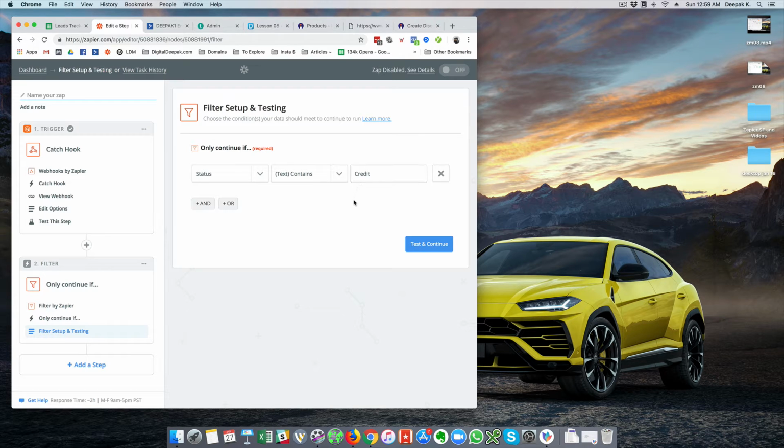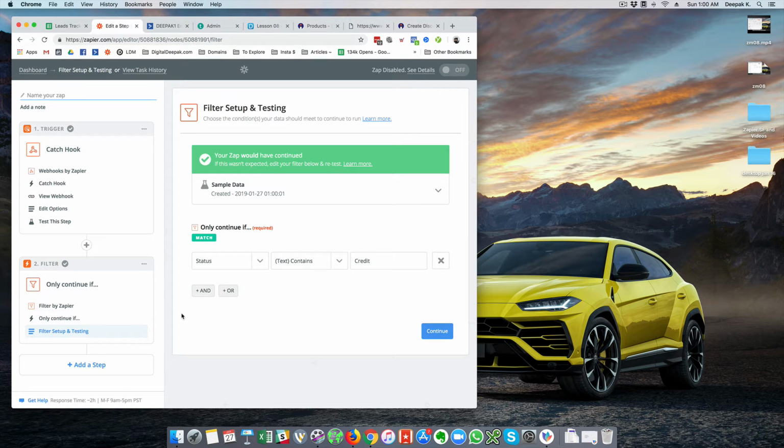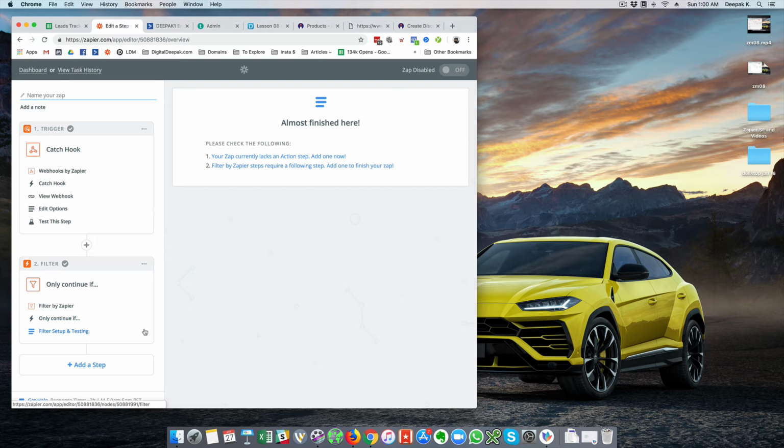So if there is no credit contained in the status, then I cannot go ahead and pass the data to active campaign, because if it is a failed transaction and if people are just going to go ahead and try to make a payment and if the transaction still failed, then I would still be going ahead and sending an email with the access details, which will not be good. So here I will go ahead and click on test and continue. So here, since the sample data has this particular credit in the status, it says that your Zap would have continued. That is fine. So I would go ahead and click on next, and here I would go ahead and